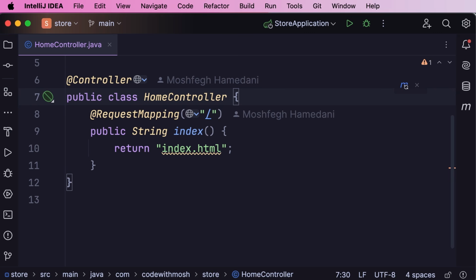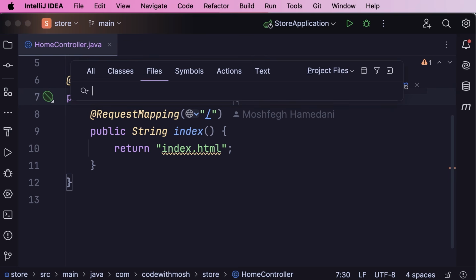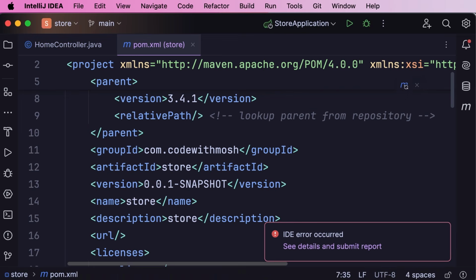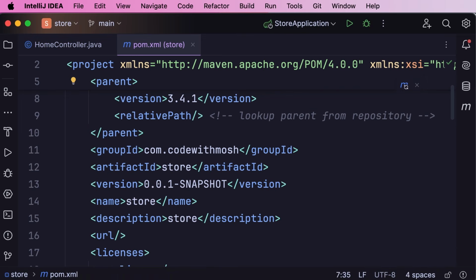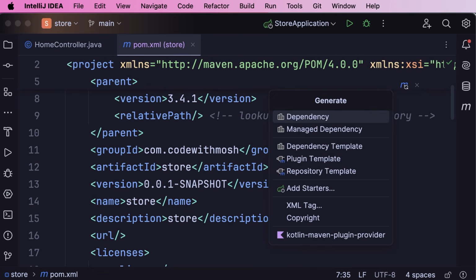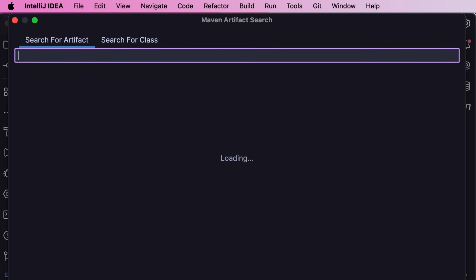Now let me show you a cool shortcut. Here we can press Shift, Command, and O on Mac, or Shift, Control, and O on Windows. Now over here, we can search for our files. So pom.xml. Now here we're going to add a dependency. To do that, we press Command and N on Mac or Control and N on Windows. We select dependency and search for